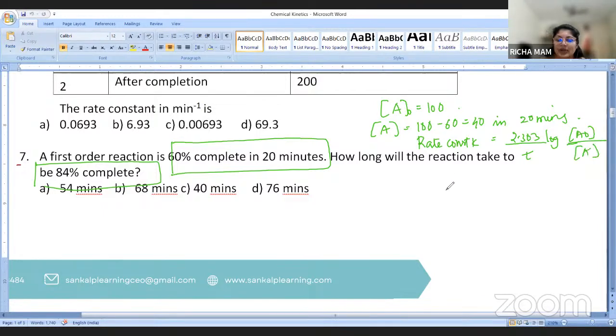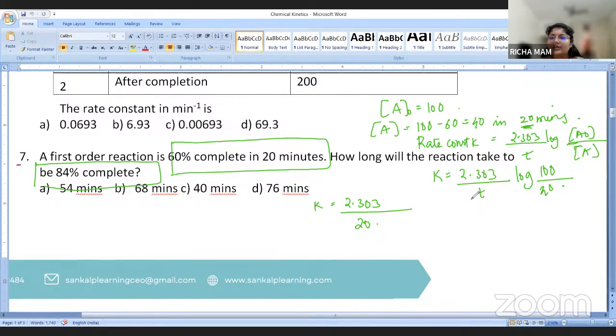So K equals 2.303, the time taken is 20 minutes for 60% completion, times log of the initial concentration 100 by 40. 100 by 40 is 2.5. So log of 2.5 is